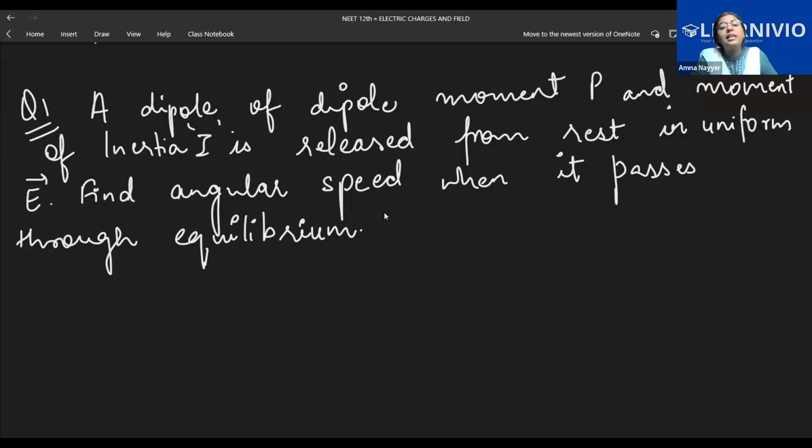From here, your class 11's rotational mechanics has been introduced, moment of inertia has been introduced, where your electric field is already present. So the way to solve this question is to bring up your class 11's conservation of energy. That's the only method, because in your energy conservation, you have kinetic energy, right? And from kinetic energy, you have the speed, which is angular speed or linear speed. So you should use the conservation